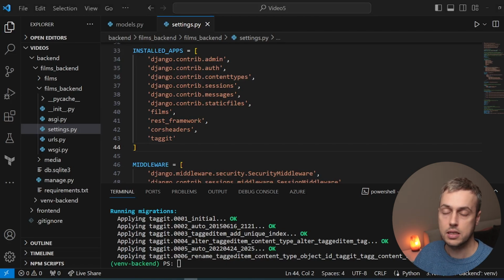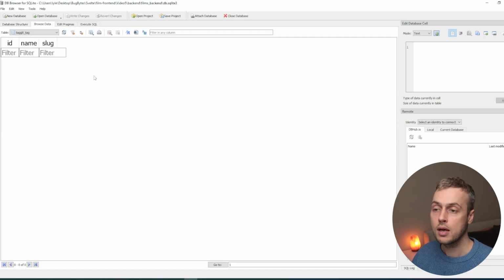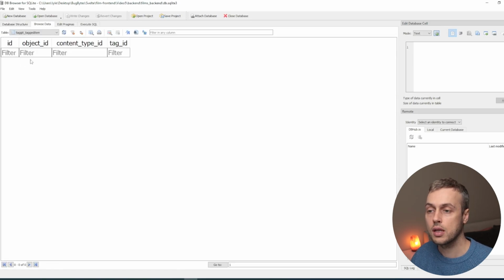Now I'm going to open the database browser for SQLite here, where we have all of the tables in the database, and you can see some at the bottom here that have the application name of taggit. We have a tag table, and this just stores the raw name of all of the tags that we have in the application. And we also have this tagged item table,